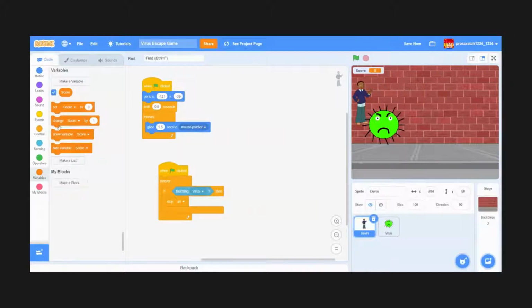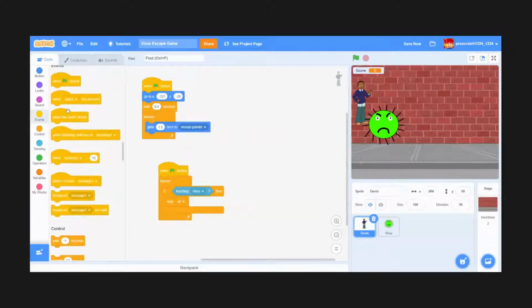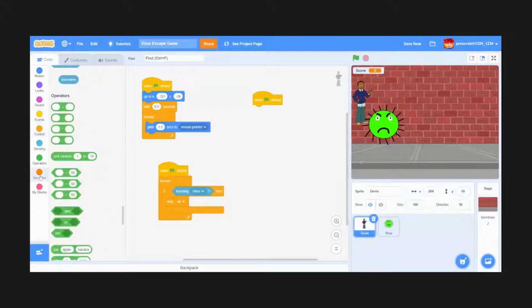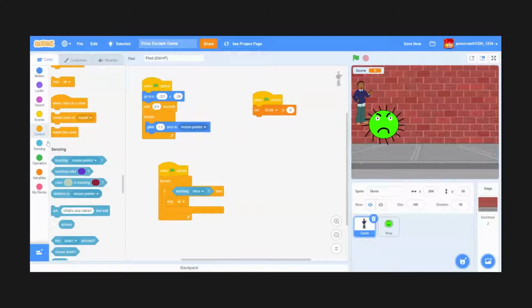So, in order to do that, we need to start a new script of code. And it really does not matter where to use it. You can use it in both Devin or the virus. You start by dragging another when green flag clicked. And then you say set the score variable to 0. So if it was like 100 in your last game and you try to refresh the game, the score sets automatically back to 0. And then we're going to make a forever loop